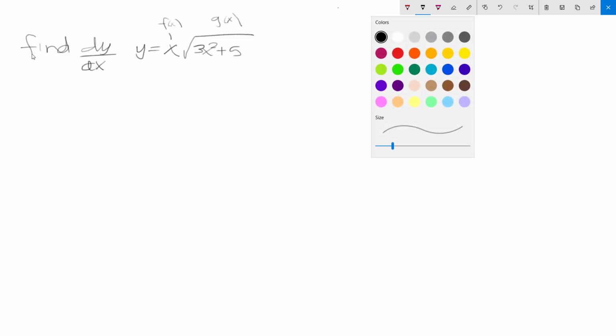Find dy/dx when y equals x times the square root of 3x squared plus 5. Just writing the problem down tells me a good bit. It tells me I have a product rule, really, where this is f of x and this right here is g of x. So I'm going to go ahead and, in a different color, label